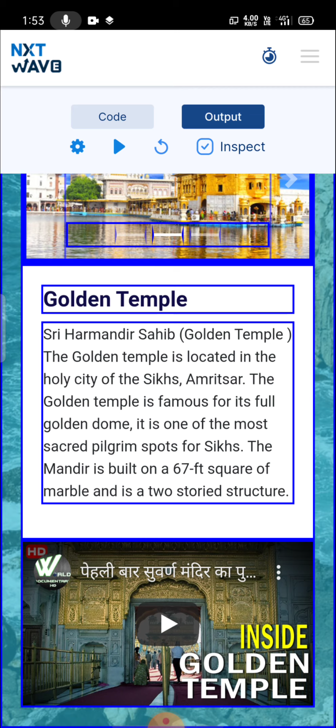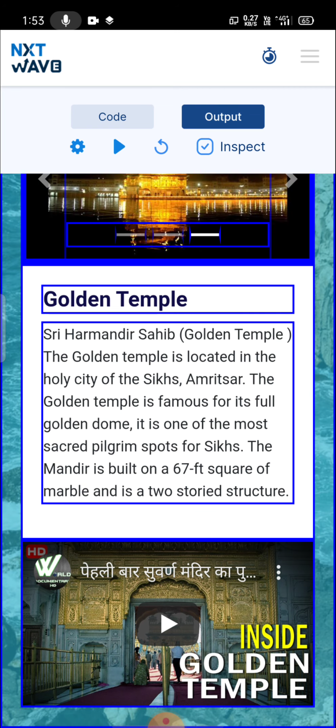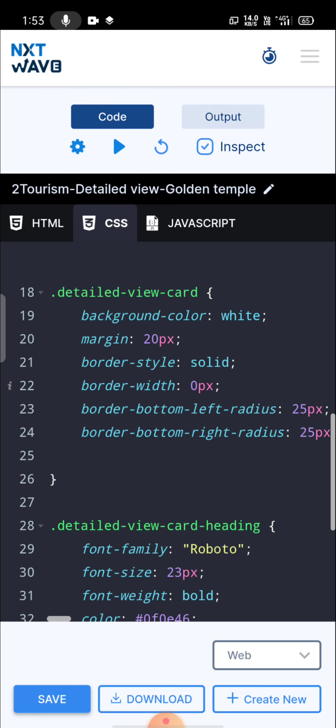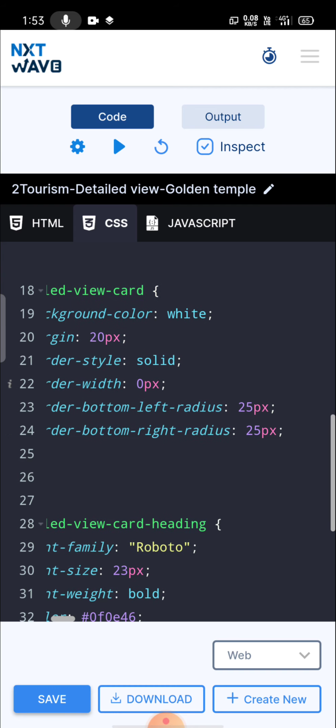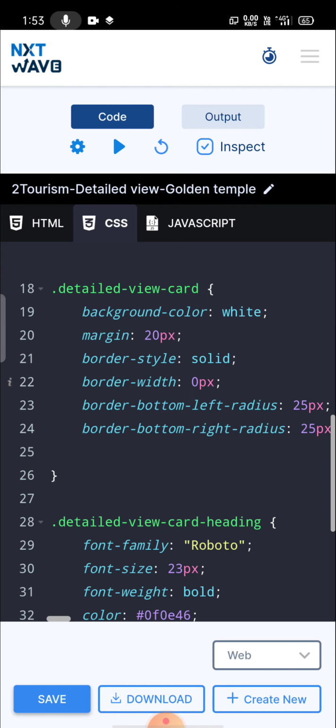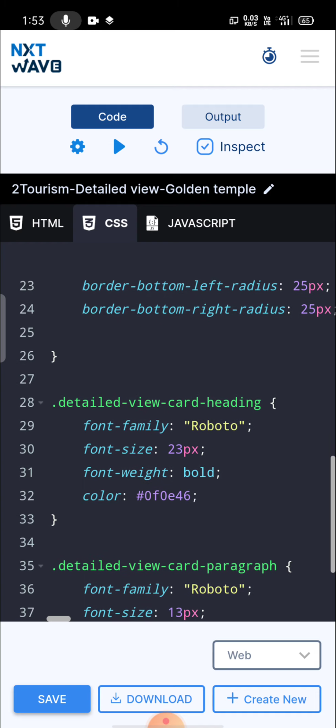We know what the margin is. Margin is the space between the border and the text. That's why the space came between the golden temple and the border. And I used border style as solid, and width is 0 pixels. That means I don't want to see the border. That's why I used 0 pixels, and I gave some border left radius and right radius. It will give the curvature.